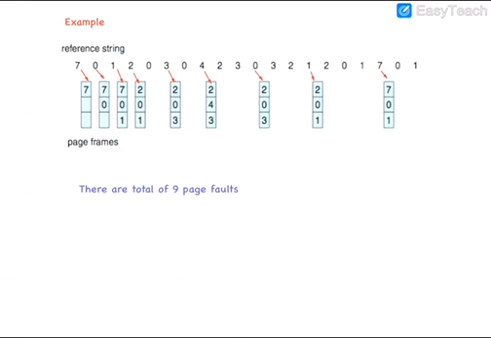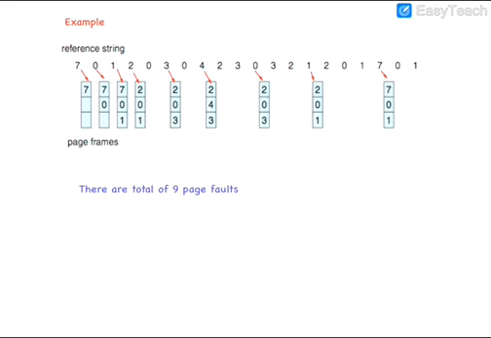We are given a reference string, and this is what the reference string is, with 3 page frames, that is, 3 page slots. Now we will perform this replacement. Whenever there is a reference for page 7 that is not in the memory, a page fault has occurred. Reference for 0, page fault occurred; reference for 1, page fault occurred. Now our memory is full, the page frames are full.